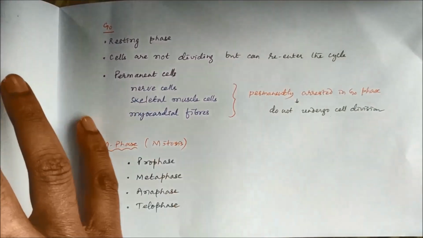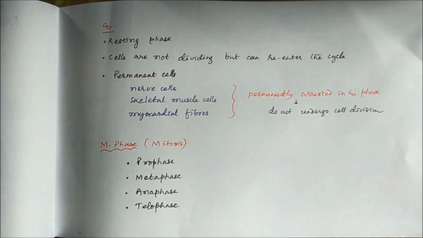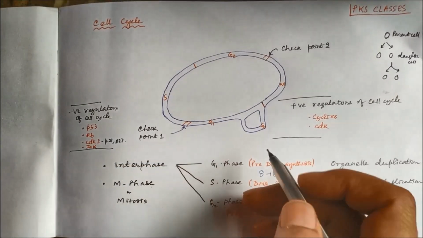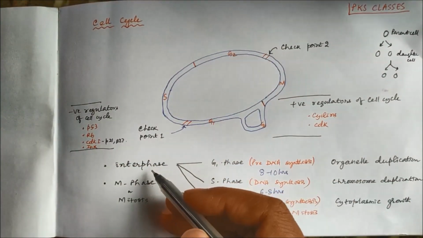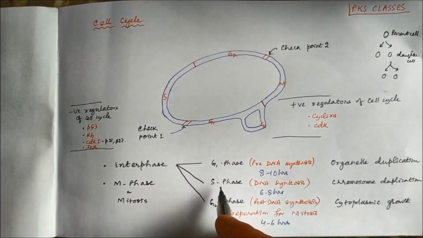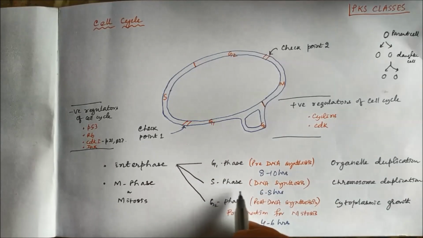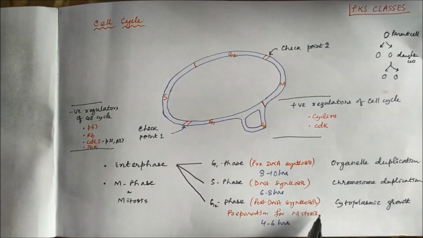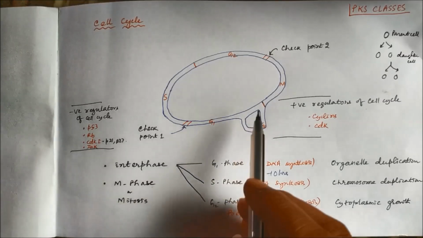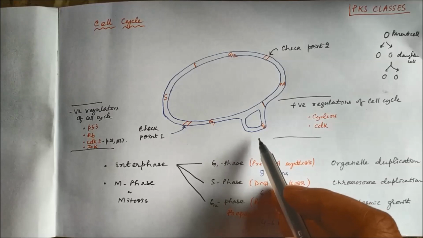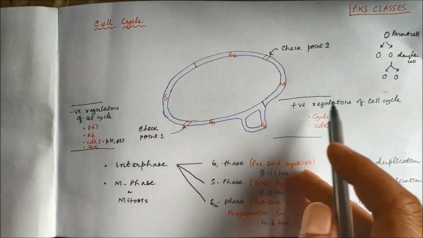It consists of the stages through which a cell passes from one division to the next division, and it consists of interphase and M phase. Interphase consists of G1 phase, pre-DNA synthesis, S phase, DNA synthesis, G2 phase, post-DNA synthesis or preparation for mitosis. And after the cell division, the cell may undergo the resting phase G0, and the positive regulators of cell cycle,